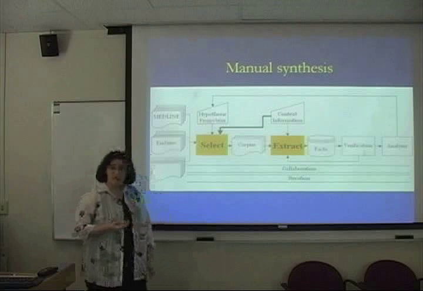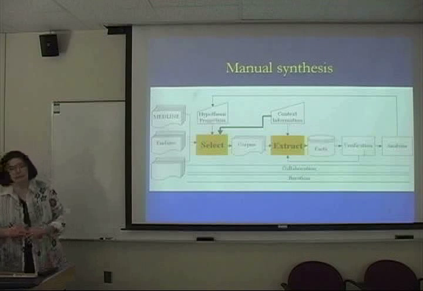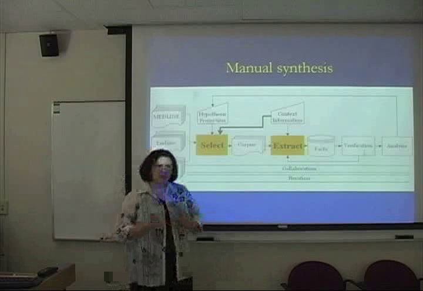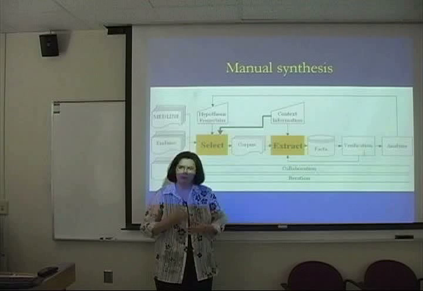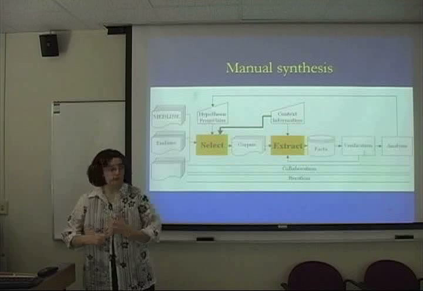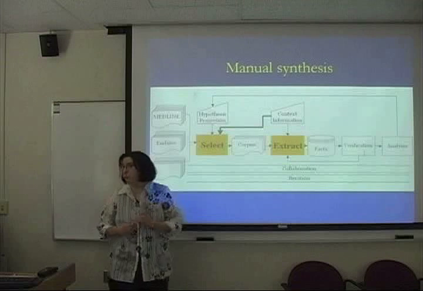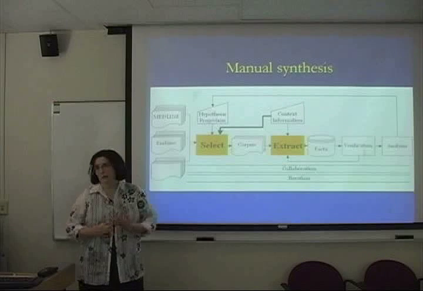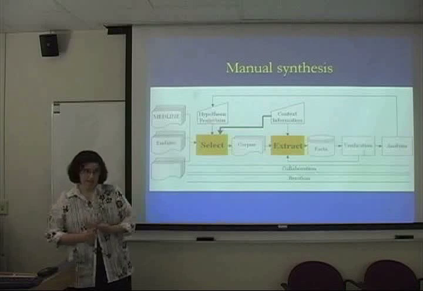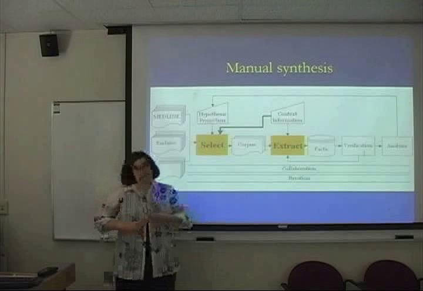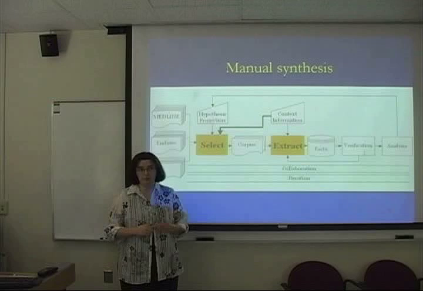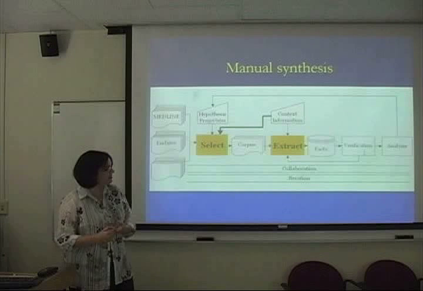You extract information from those documents. Depending on what your study is, the information will change, but the information seems to fall into one of four categories. Information about the population, so what were their gender, where were they from, how old they were. Information about the actual study design, how many people were in the study, when was the study conducted. Information about the disease, so what grade or how severe were the subjects suffering from the disease of study.